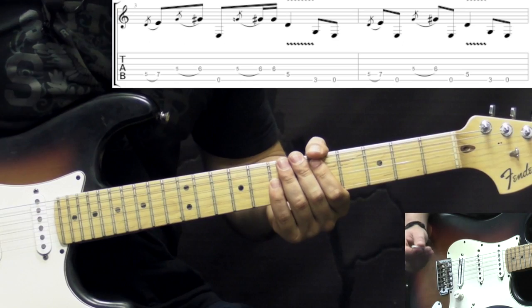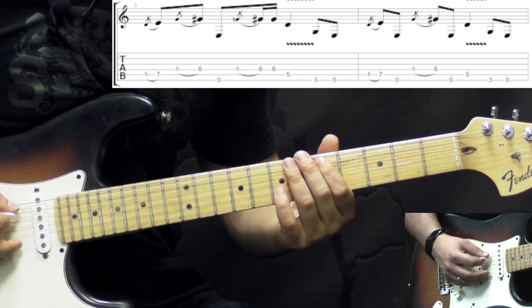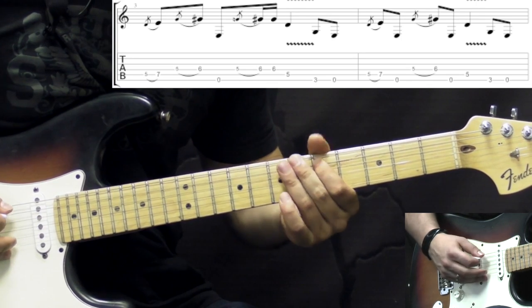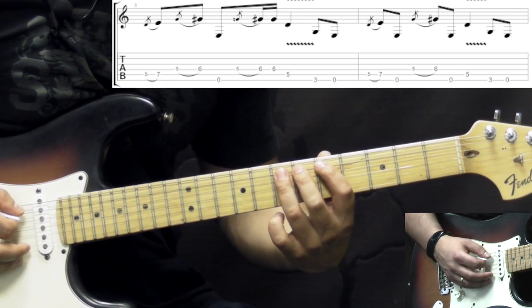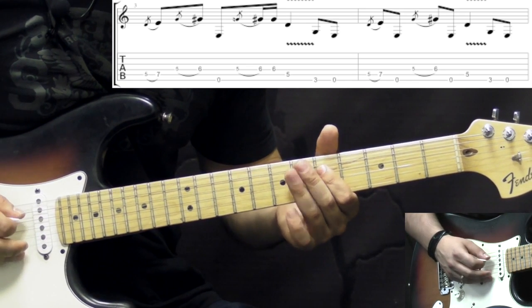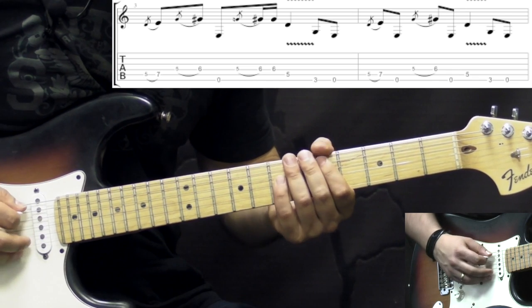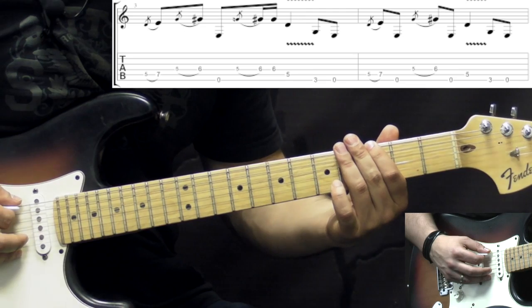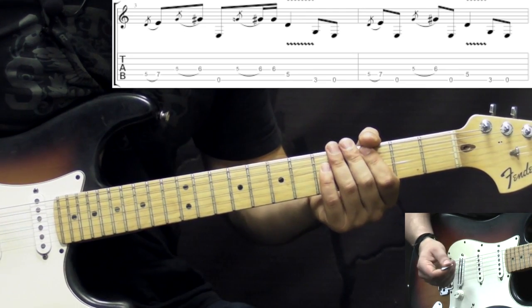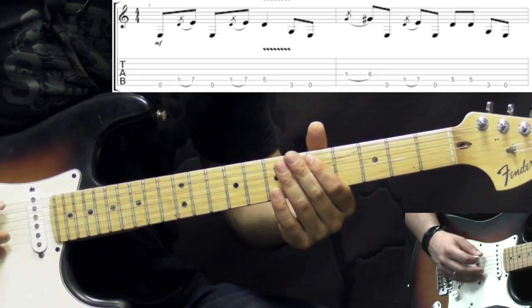Okay, and then the 4th one, the last phrase, goes like this. So here again we have on the A 5 to 7, open low E, 5 to 6 on D, open low E, 5 on A, 3 open on low E. Okay, so when we put together all of the phrases,